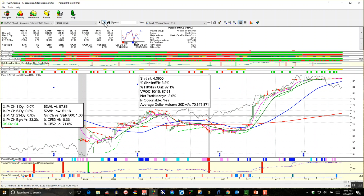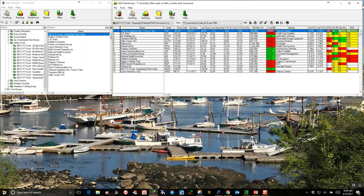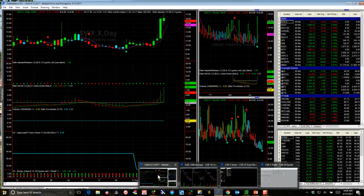Now, it doesn't require a kahuna or anything. It just requires you're squeezing right below the PSAR dot. This one's now showed up on a couple of scans, Progress Software. Another way that I find stocks to look at is I run scans in TradeStation. So let me go here,